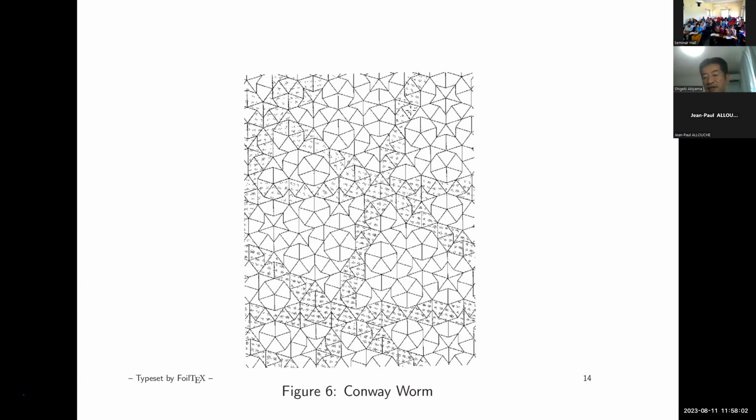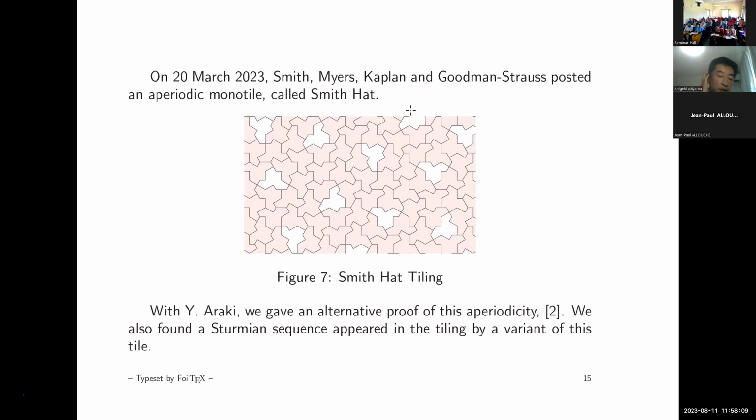So one can understand this pattern by Sturmian sequence. Okay, probably some of you heard the new discovery by Smith, Myers, Kaplan, and Goodman-Strauss. They posted a very nice tile. So the shape is like this. This is called the Smith hat, and the Smith hat is better than Penrose in a sense that in the Penrose